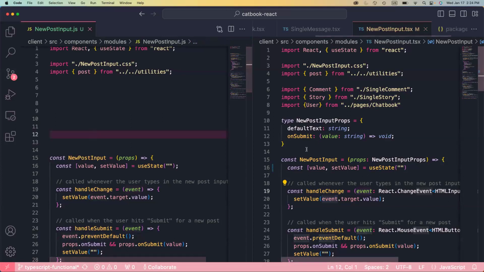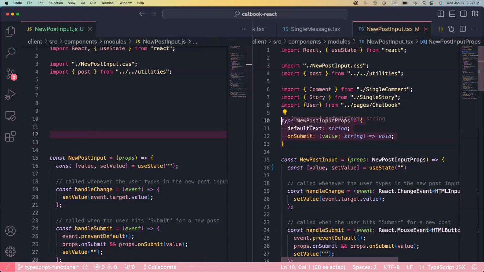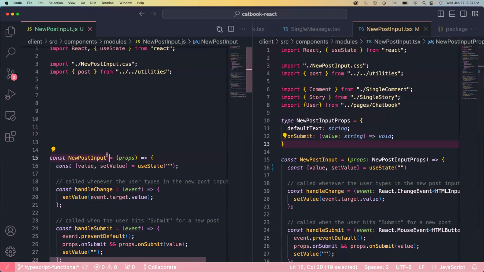But basically in TypeScript, you can see we define a type for our props. And again, this enforces that our props have to have these properties. So we know exactly what properties we can access in our props. The function definition is basically the same, except we have to specify the type for our props, which is the custom type that we just defined.